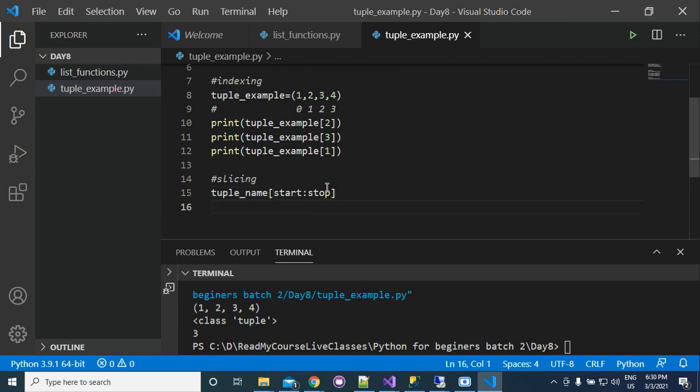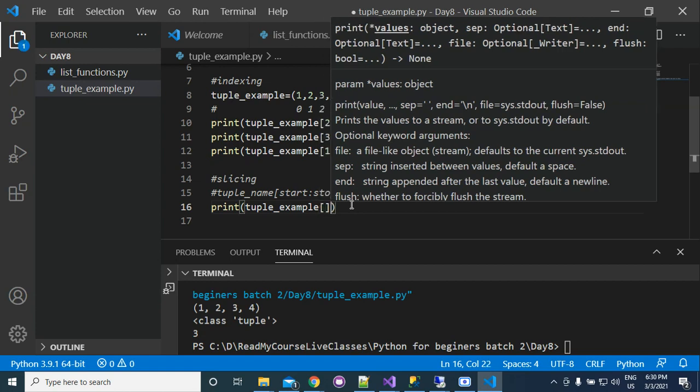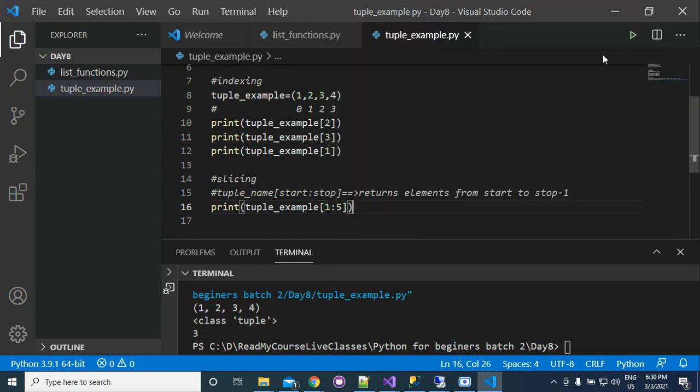Okay, we will pass here what? The start to stop value. Then you will get the elements from start to stop minus 1. So if we write here print and then 1 to 5, what will you get?